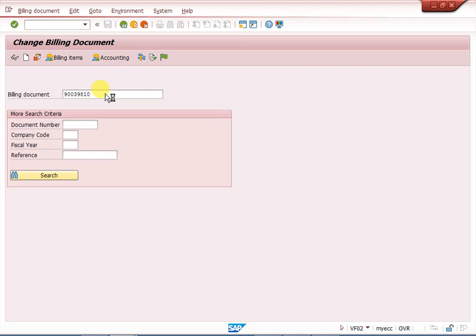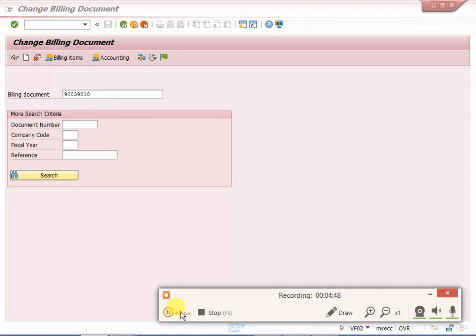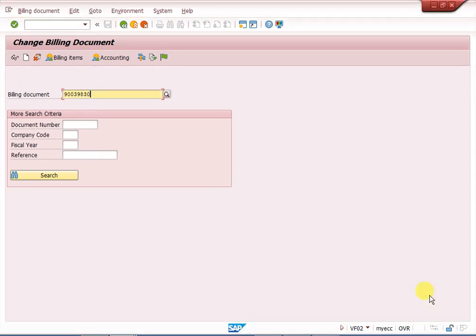One second, it will take some time. Before, I explained that we cannot use the proforma invoice. If you want proforma invoice output, we can configure it. It is taking time. Here is our invoice number. Enter.